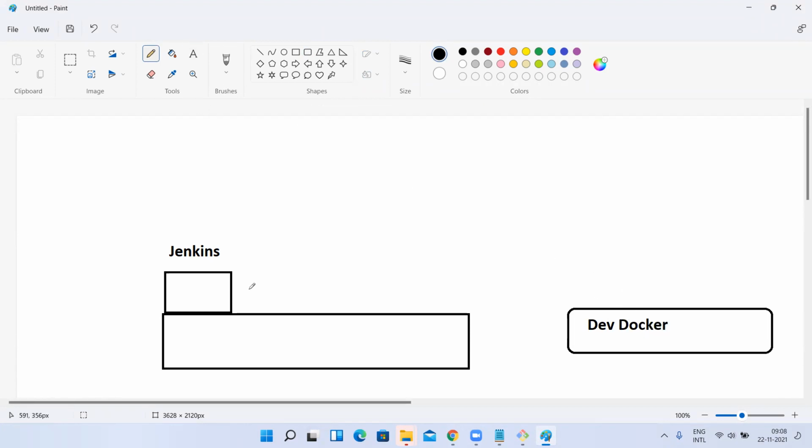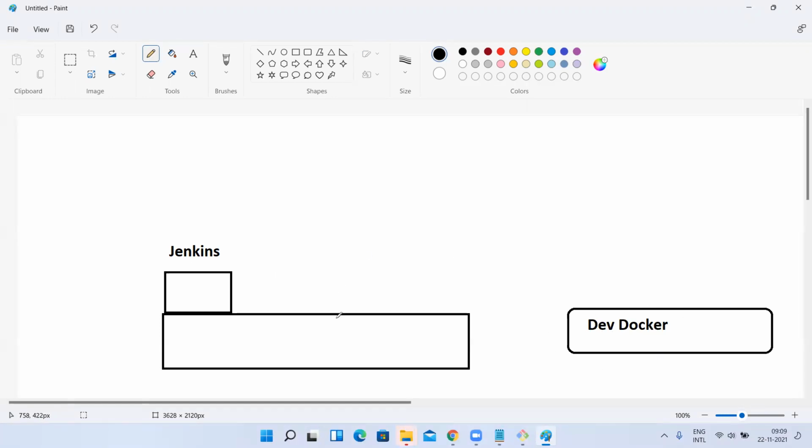So now, using my Jenkins, I have to connect to this server and do this. Why did I install Docker here? Because Jenkins has to build the image. If I don't have Docker installed here, Jenkins cannot build the image, right? So that is the reason I installed it. But this is not my actual dev server or QA server. This is my dev instance where I want to create a Docker container.